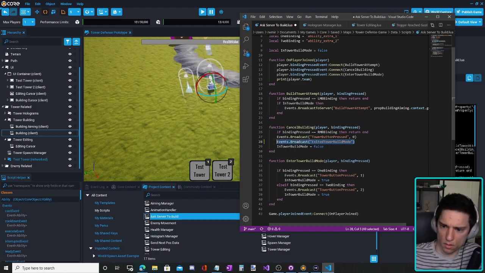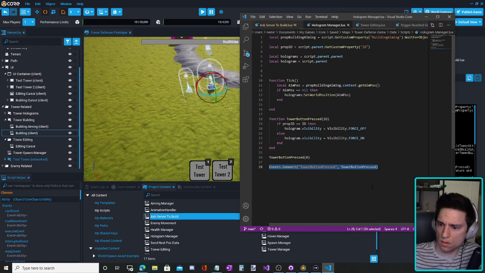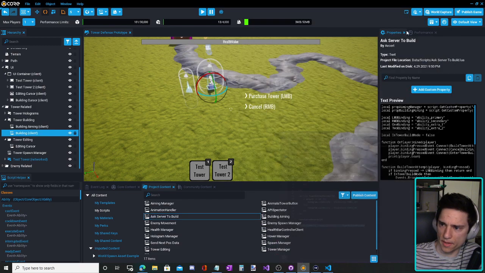And then let's just make another event in here called entered. Exit tower build. Exited. That's what happened. Exited tower build mode. Entered tower build mode. Yes. Okay. But I still want that code. So now,